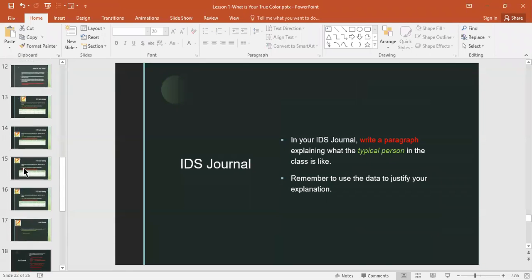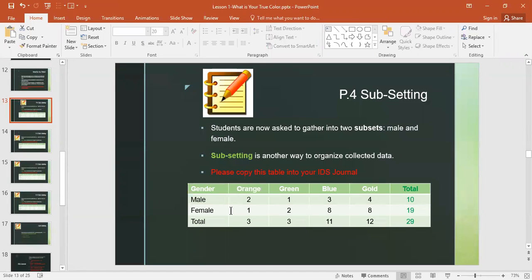So what you want to do is pay attention to what are the predominant colors. What's the predominant color in our class? Not by male, not by female, not by anything like that, but what color do we have more of in our class, not by gender, but just in general. That would describe our typical student. Because remember, the word typical doesn't necessarily apply to everyone in the class. It applies to the majority,